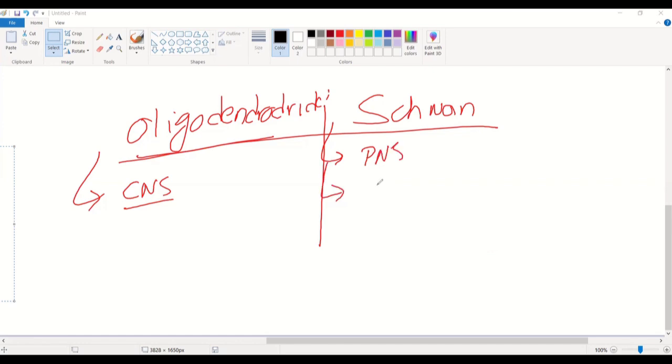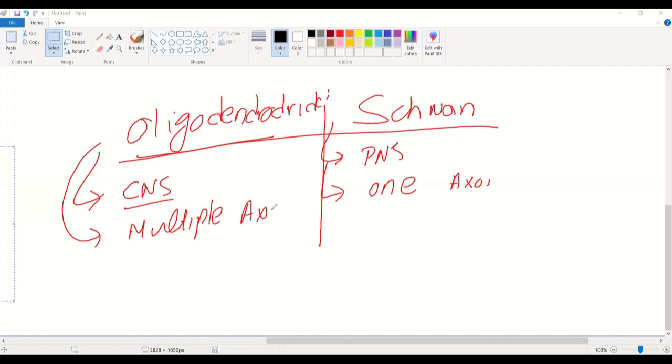Schwann cells myelinate one axon only. Oligodendrocytes myelinate multiple axons, right? While these Schwann cells are damaged in GBS,